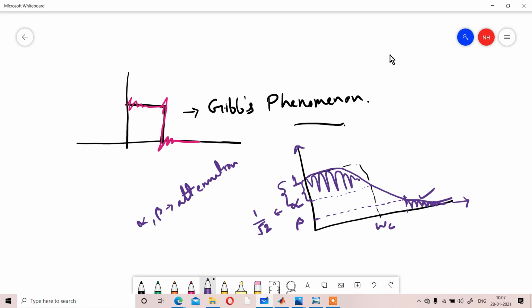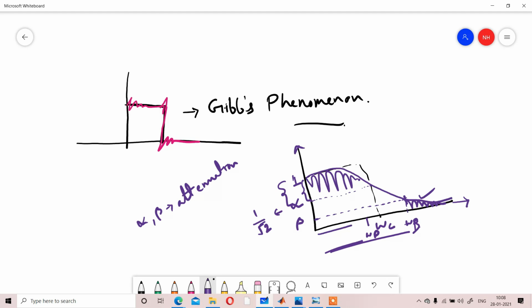Now, whenever you are designing a practical filter, you have to mention the value of alpha, beta, omega c, and omega p. Suppose some range here you have omega p, omega s, so that range you have to mention.